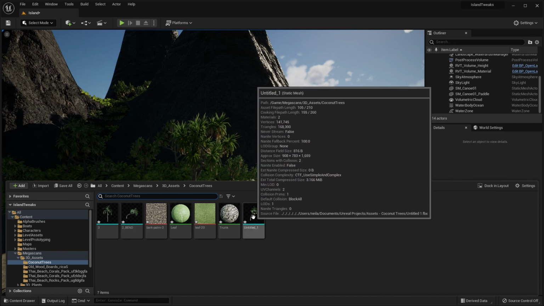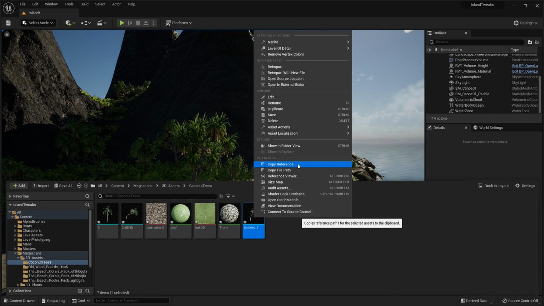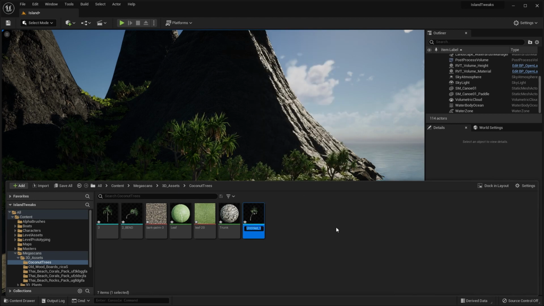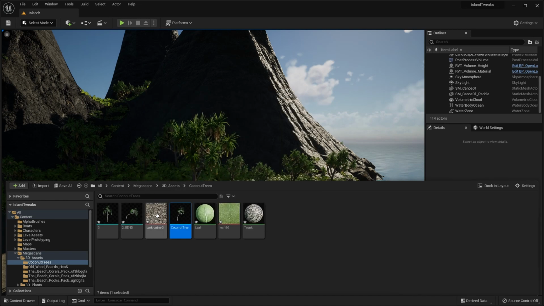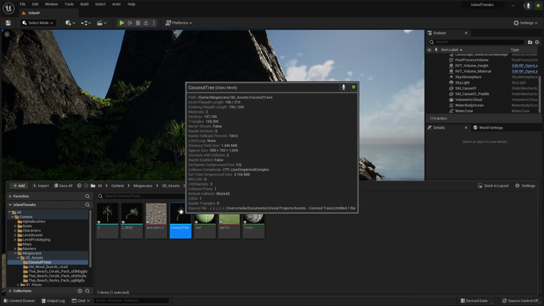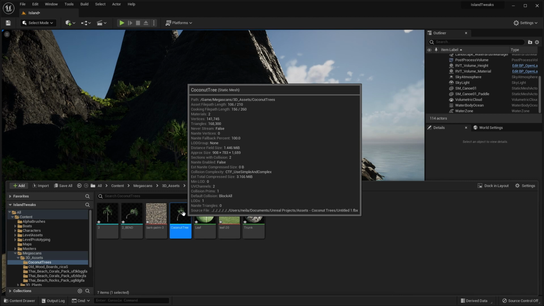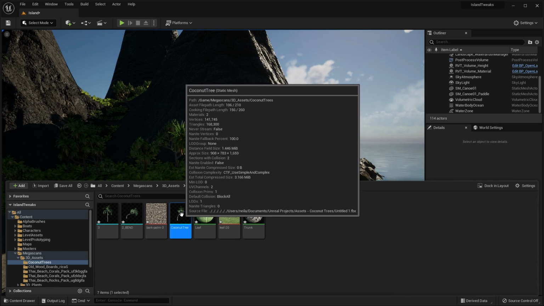So let's rename that first. So rename, and I'll call it coconut tree. I'm not going to worry about the other ones there, but if you want other trees in, you can use those as well. The one caveat with this is it's quite a detailed polygon, so you can see the triangles there,